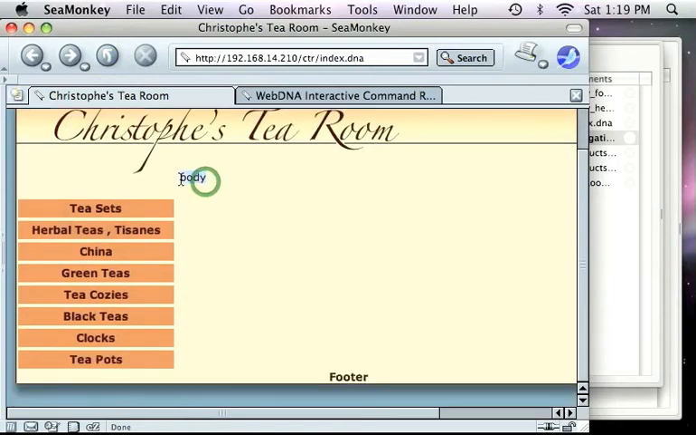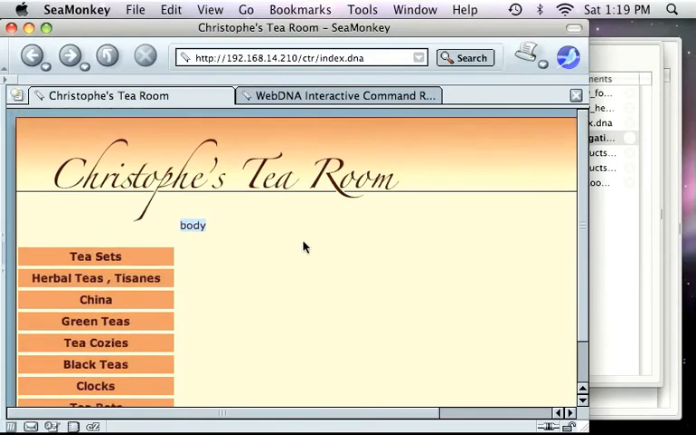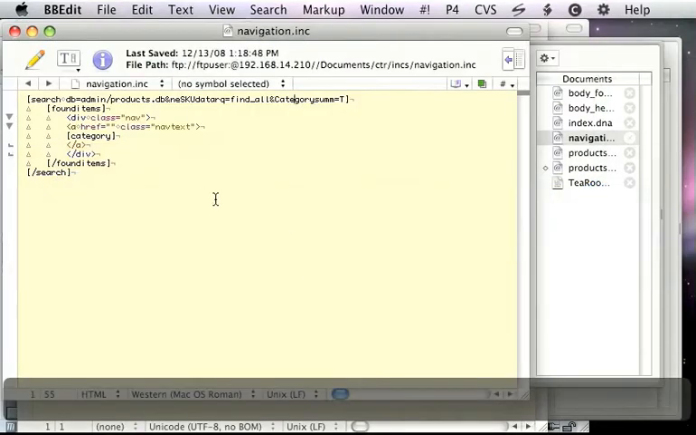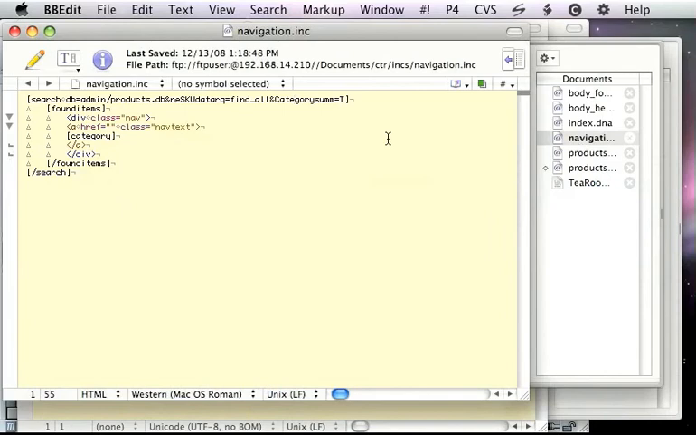So let's create the body pages. The first page we're going to create, of course, is the results of clicking on the navigation here. So go back to our page here, and we have an href here. Let's say we're going to link back to this index.dna page,